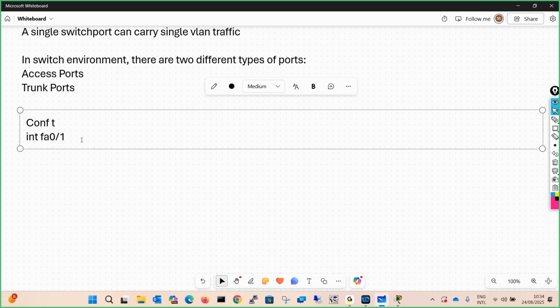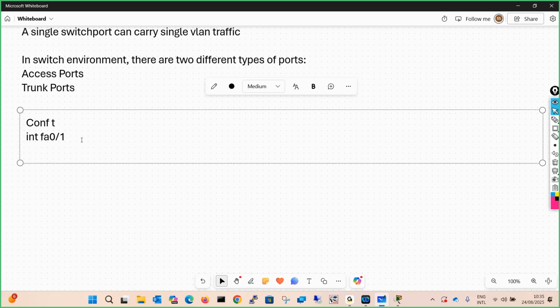Now we have understood what an access port is. If the port is an access port, then the switch will carry the traffic of only that VLAN which is assigned to that port. Now, by default all the switch ports are members of VLAN 1.